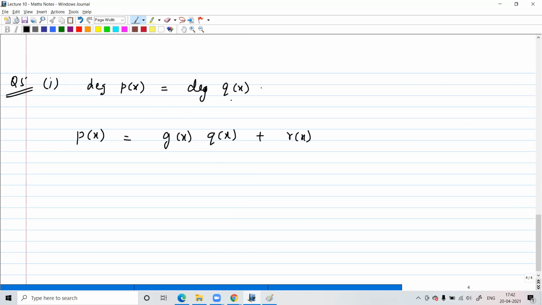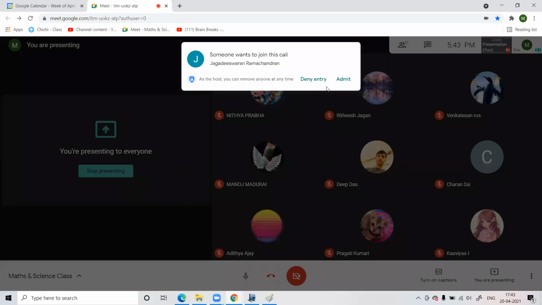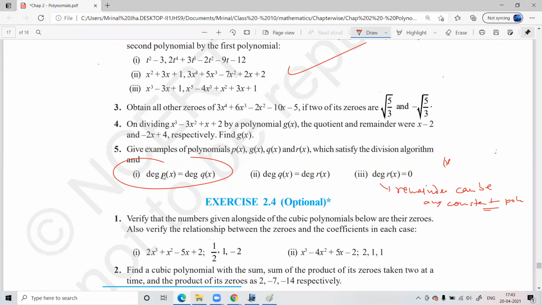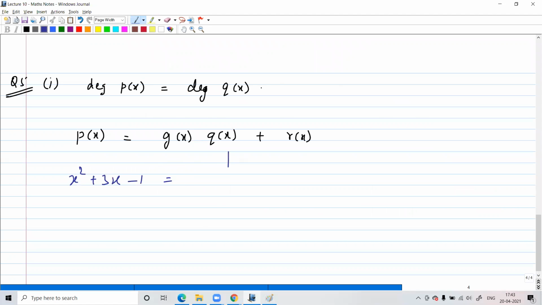Okay, now you have a choice. Whatever you can pick some polynomial for p(x). Let's say x squared plus 3x minus 1. That's what I'm choosing for p(x). Okay. Now, if you have this division algorithm in front of you, it will help you to understand that if you want your q(x) to be of same degree,